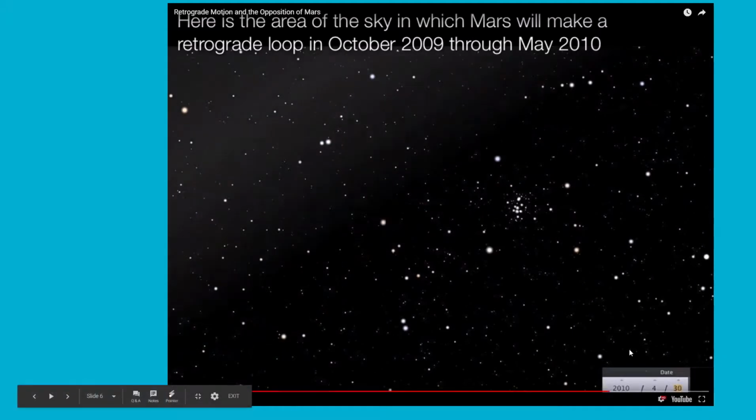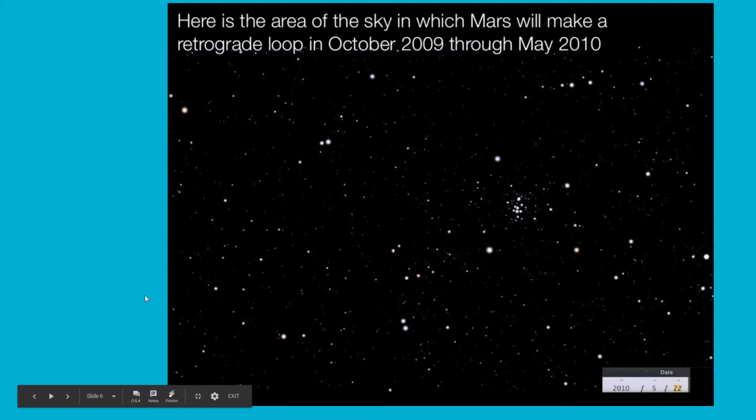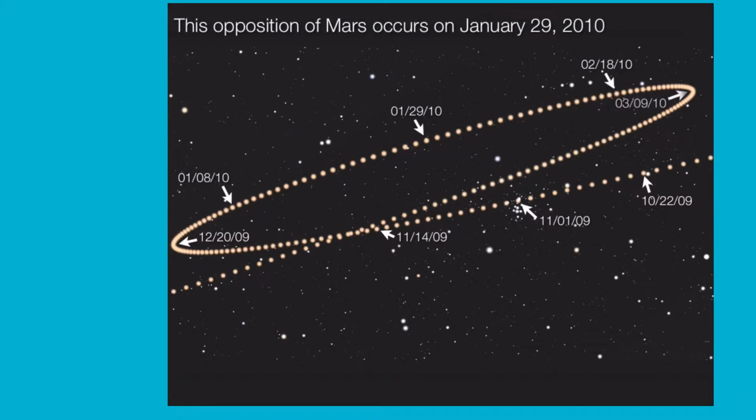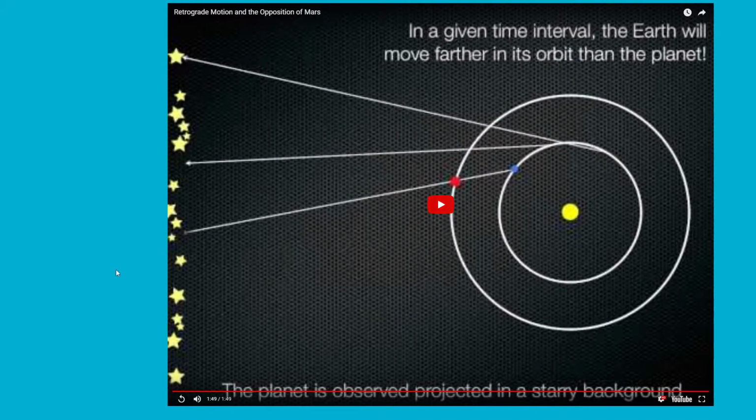So again, Ptolemy thought that we saw this pattern because Mars was actually out there making a loop, which is kind of what it looks like in this picture. It looks like a loop. So these people weren't stupid. They just didn't know any better. This is the observation that they make, that this thing was moving in a loop.